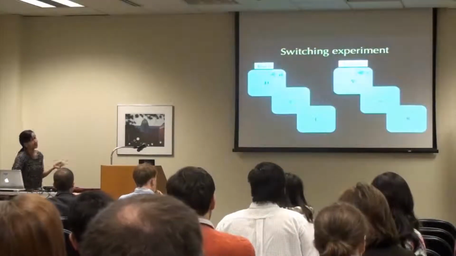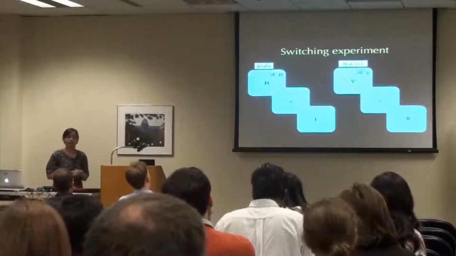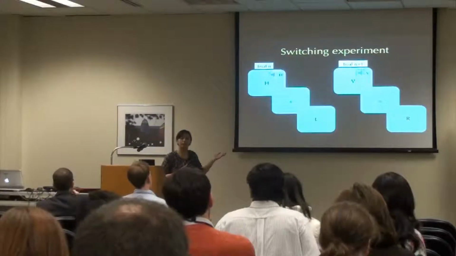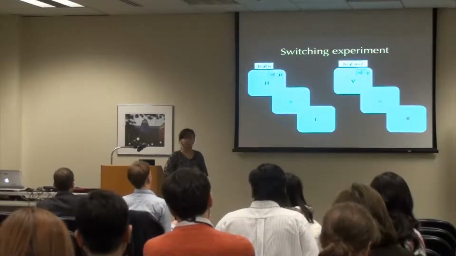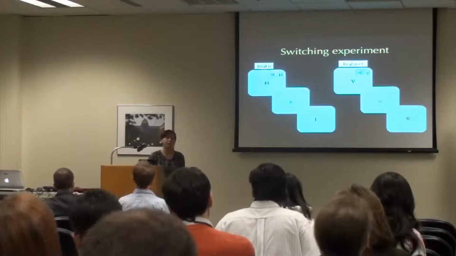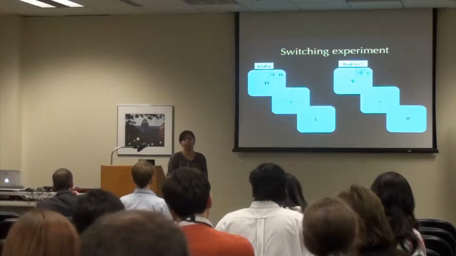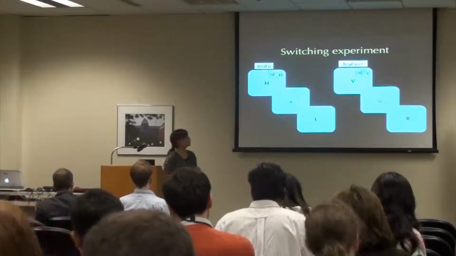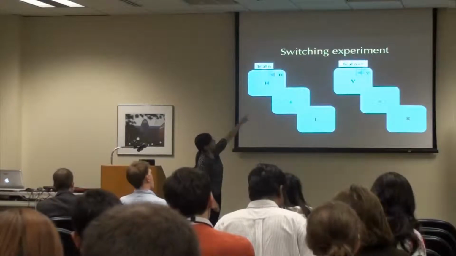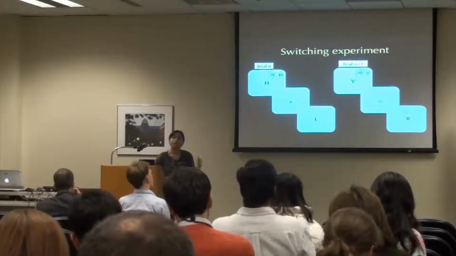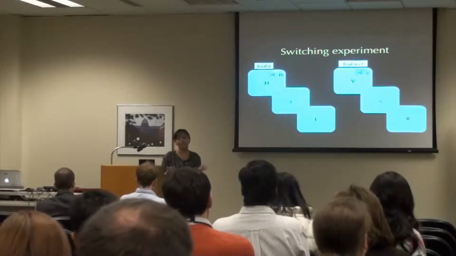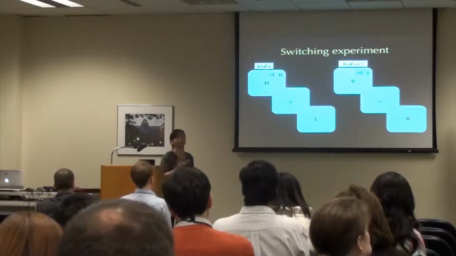So this is an example of what a typical switching experiment in psychology looks like. And this paradigm that I'm showing you right now is similar to the one that I used in the experiment I'll talk about today. In a switching experiment, participants complete a series of trials. They do a task for a number of trials. Here I'm showing you a sequence of 2 trials, the first and the second over there. In this experiment, they have to switch between responding with their hand or responding with their voice, so vocally.